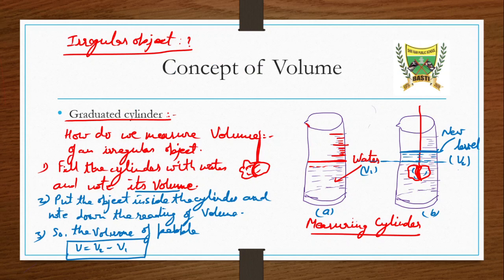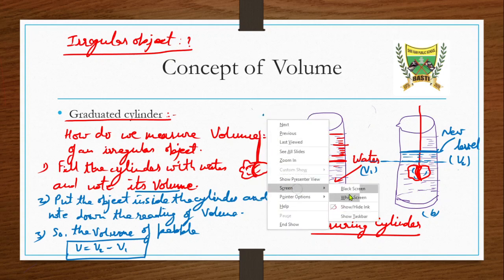Now some other units we can also see. What are the different types of units? We have already seen some, like 1 meter, 1 meter cube. Acha, 1 meter cube, how do we write it? 1 meter cube is basically 1 meter of length, 1 meter of width, and 1 meter of height. So this is our volume.